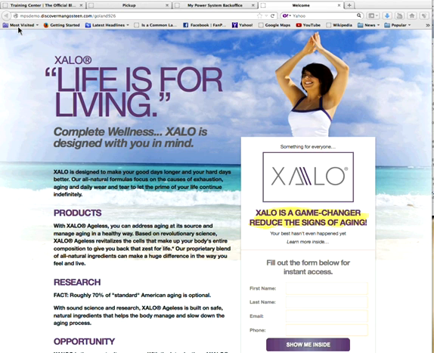So it's two different compensation plans, but it's one company, one downline, just two different payouts, multiple streams of income. And it doesn't matter if you were in XANGO first or if you were in XALO first. You are in the company XANGO no matter what you signed up for and eligible for multiple streams of income.